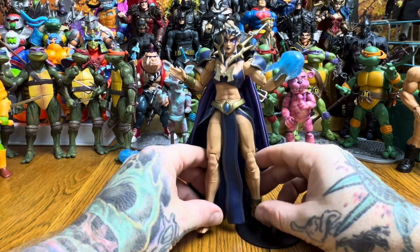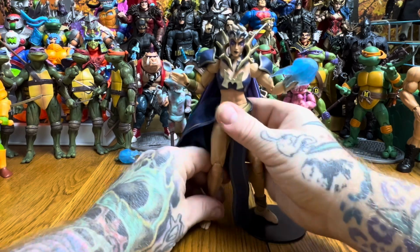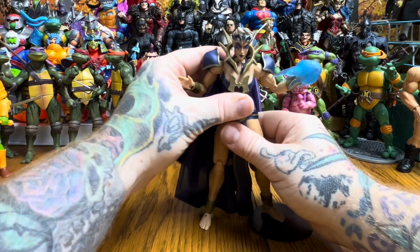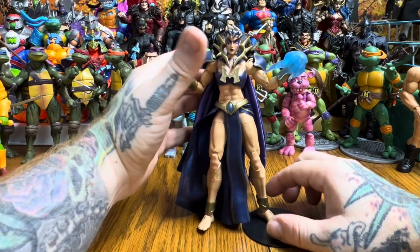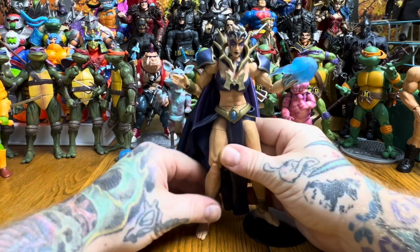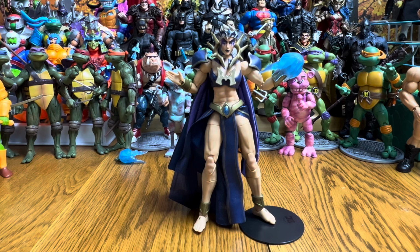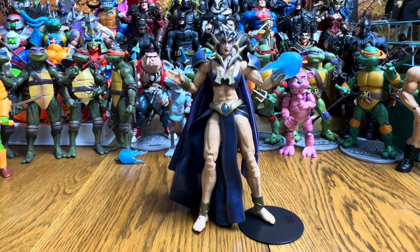And she just wants to fall backwards, guys. I'm not sure what to do to combat that. The peg in her foot is helping a tiny bit, but that peg is definitely not fitting in there well. So she is going to be one that you're going to have trouble standing. Maybe a flight stand or something like that would be good with her, just because she does fly. So a flight stand would make sense. It'd kind of lift her up a little bit and solve this problem with her not being able to stand